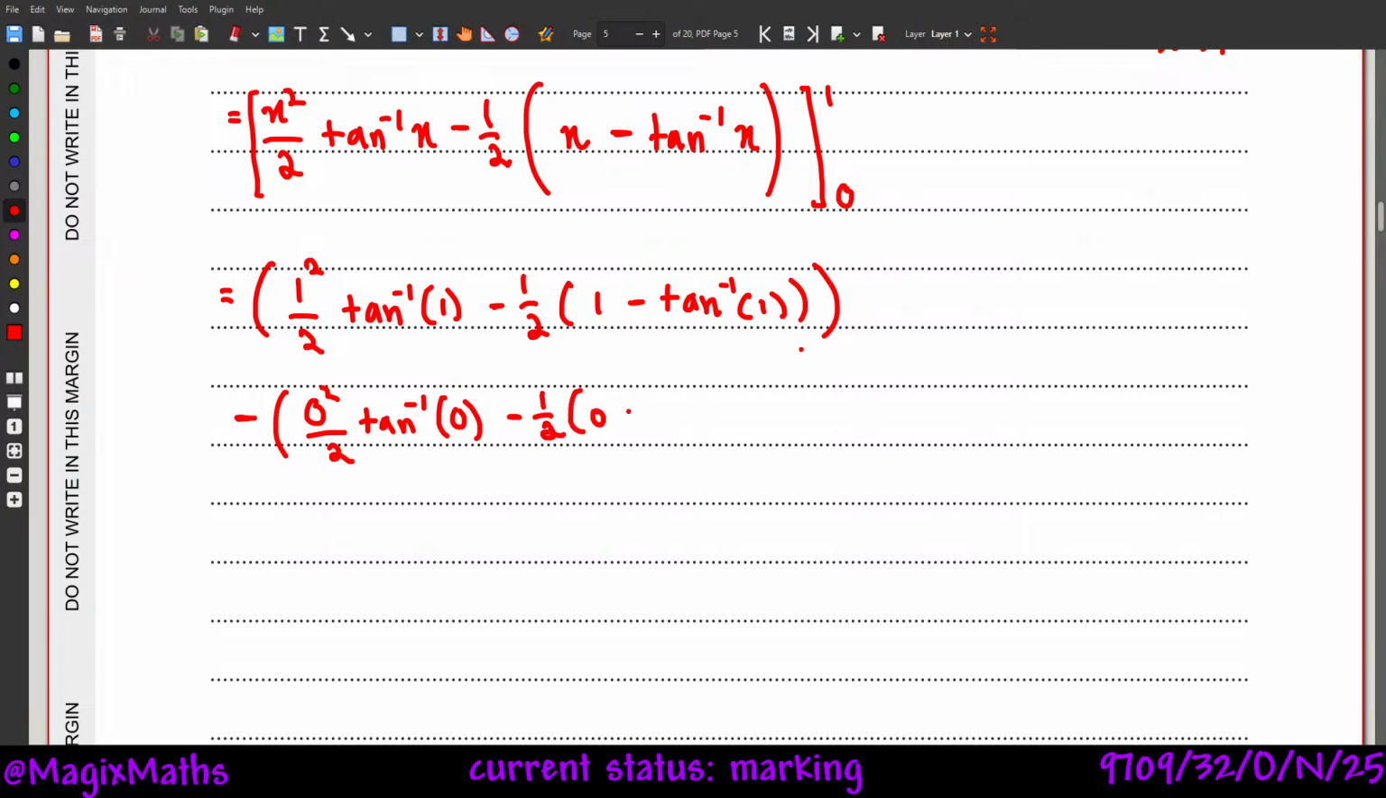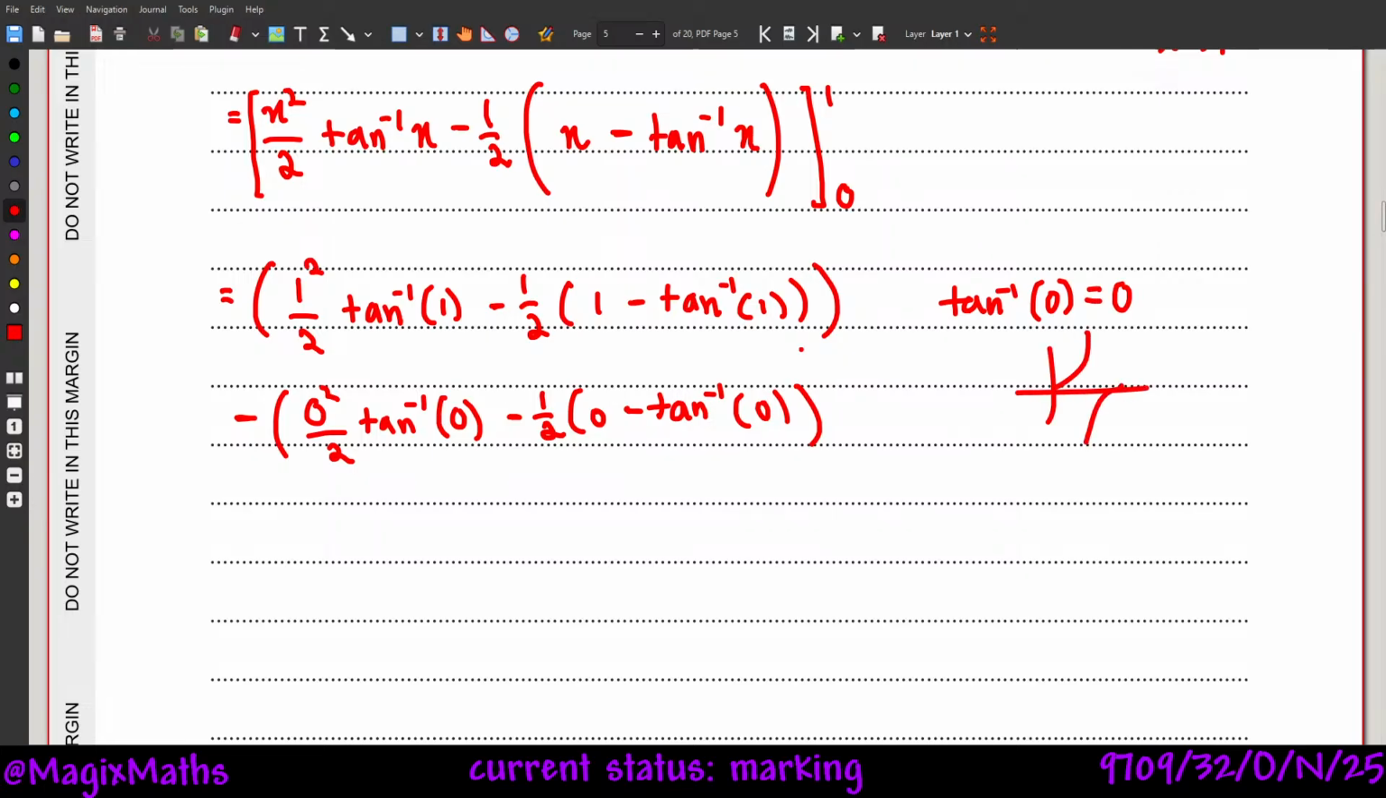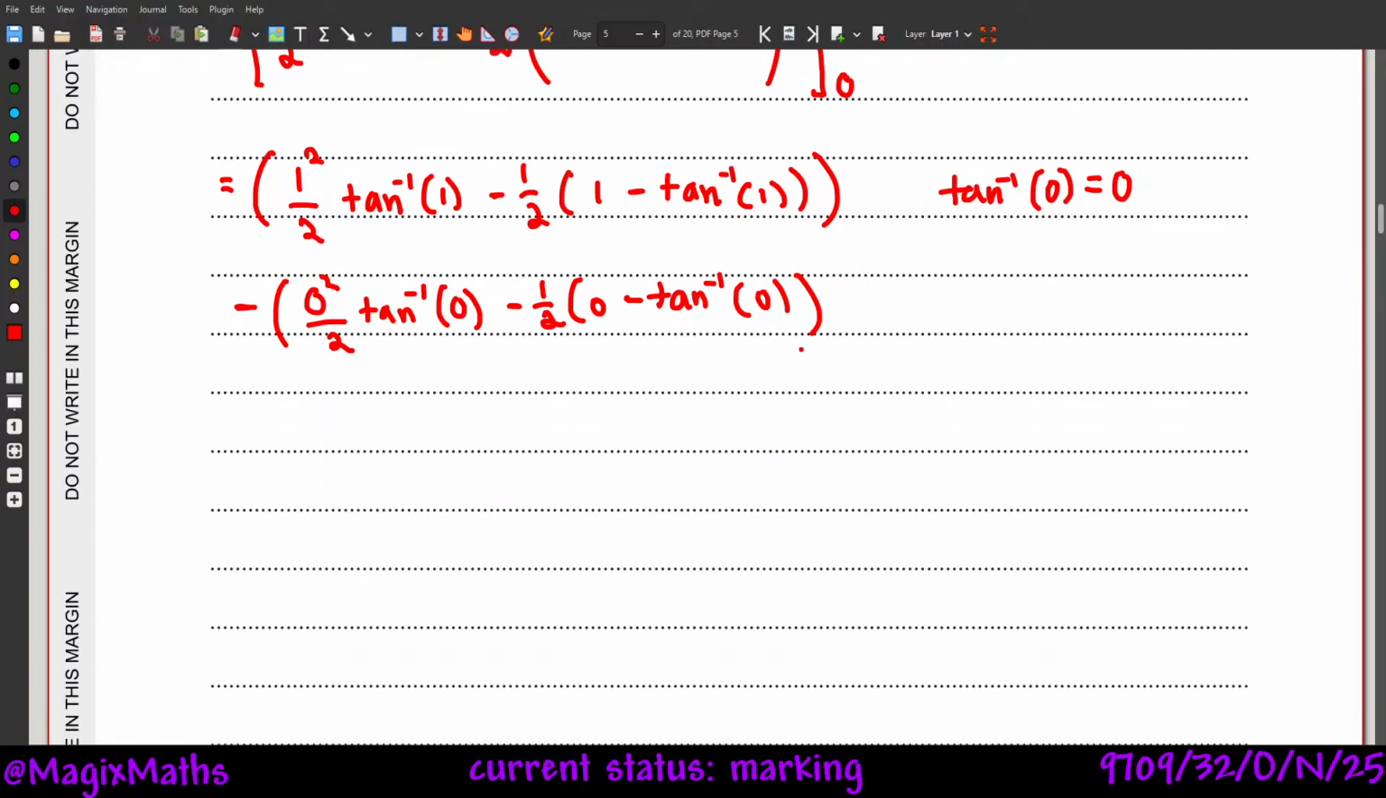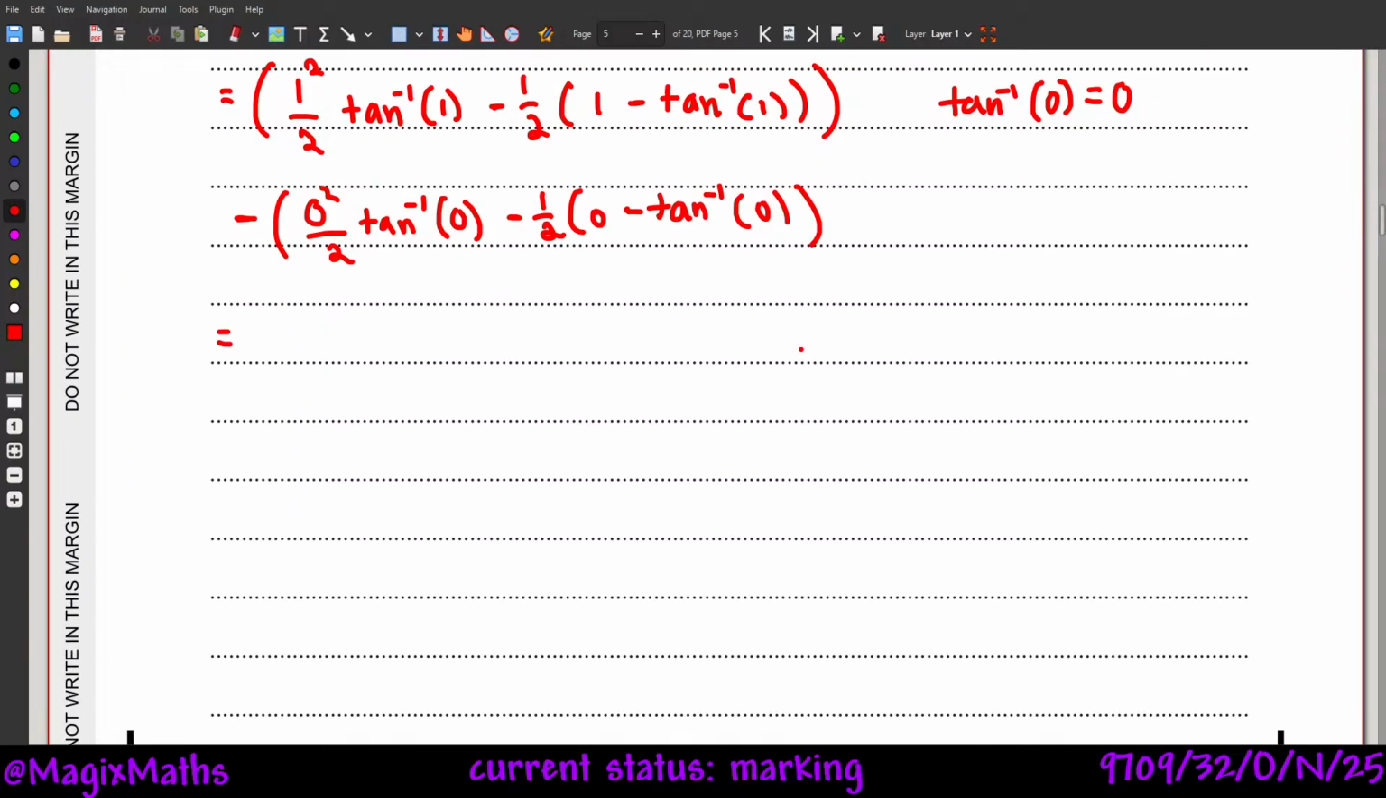Half of 0 minus inverse of 0. So inverse tan of 0 is equal to 0, right? Yep, so it's 0. So this one is 0, 0, 0. Then we'll finally obtain half of inverse tan 1 minus, it's minus 1 plus